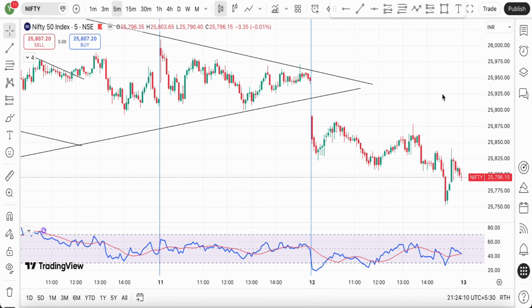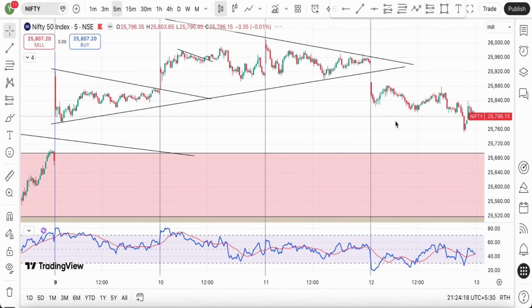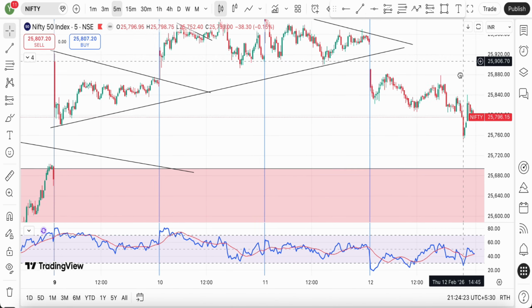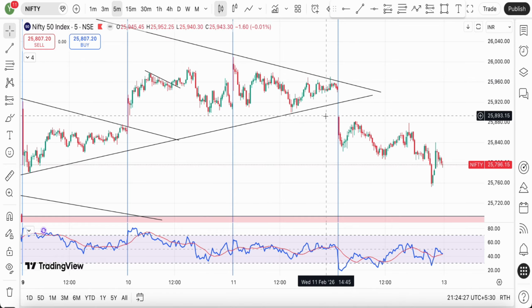Now let's open the charts and get into today's Nifty price action and tomorrow's trade plan. Nifty opened with a gap down and immediately went into a good selling today. Now, today's price action is very, very important in the sense that we can see some signs of actually breaking out of the sideways zone.